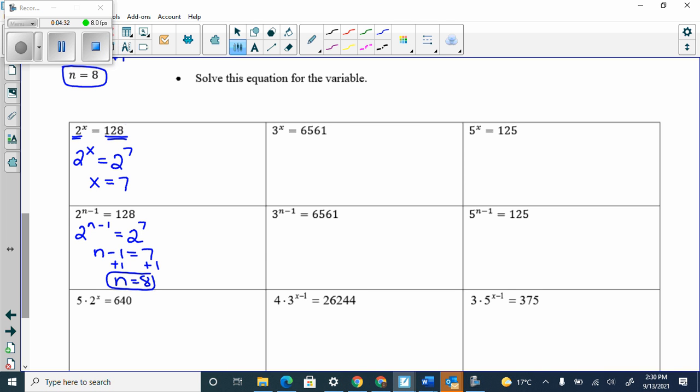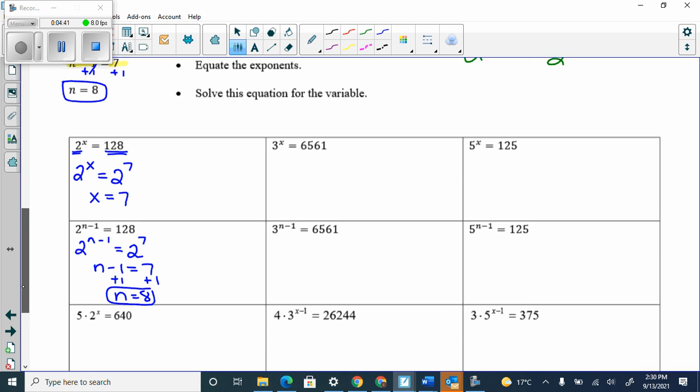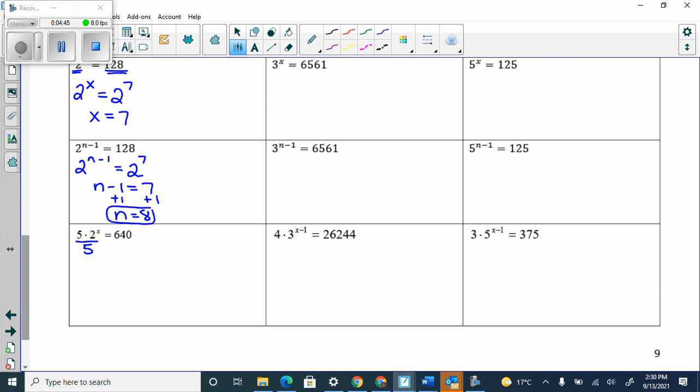So we're not going to do the bottom ones yet. We're going to go up here. Oh, yeah, we're going to do the bottom one. Ignore me. We have to get the 2 to the x by itself. So what did I tell you to do? Not put this as a 10. What are you going to do? Divide the 5 over first. So we get 2 to the x equals